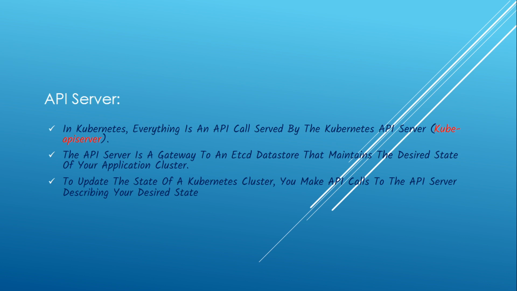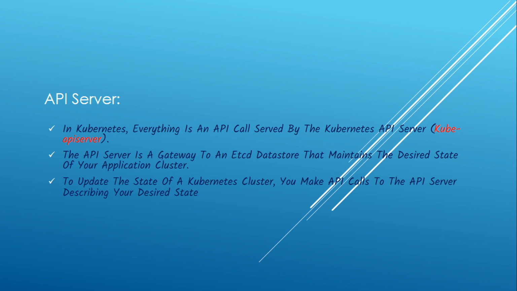If the informer, scheduler or controller needs to change the state, such as the desired pods or replicas, it must communicate with the API server. Only the API server communicates with etcd, the default data store, which stores data in the form of key-value pairs.